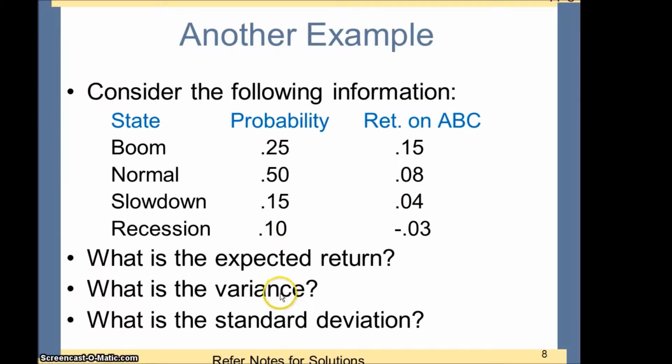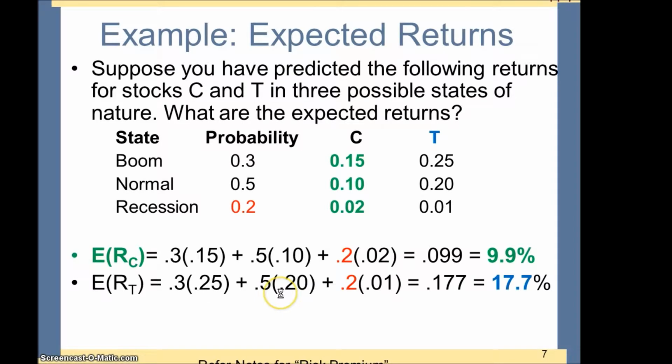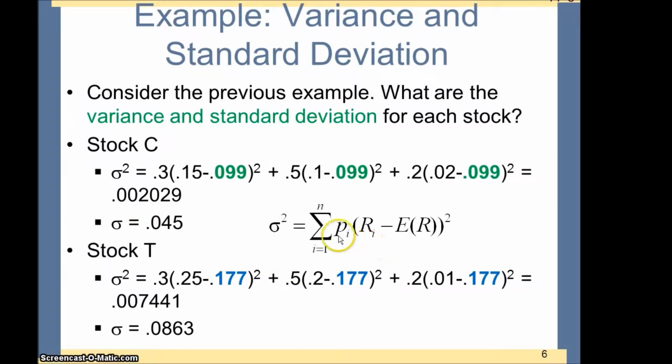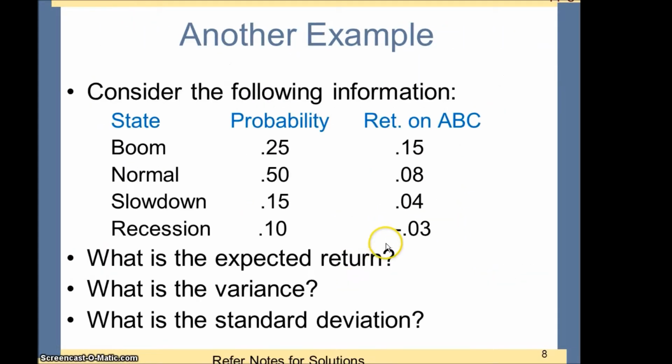What about variance? Apply the same formula. That's to use the probability times the individual return minus the expected return, all squared. You can see from the solution there. So use the probability 0.25 bracket,